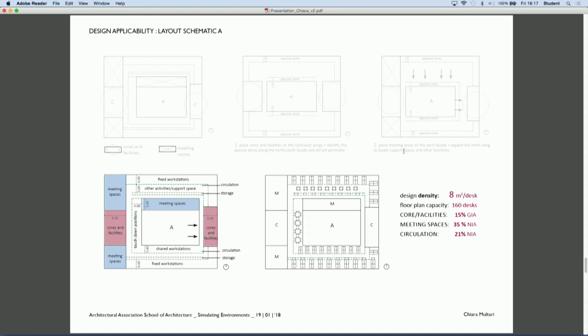And finally, all the results of the research were embodied in this planning proposal.